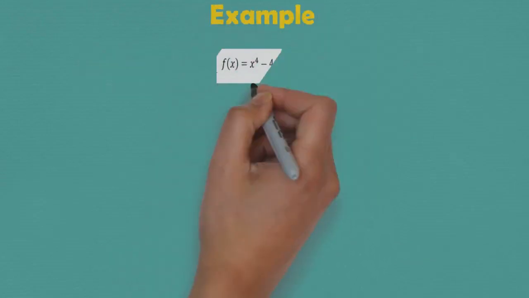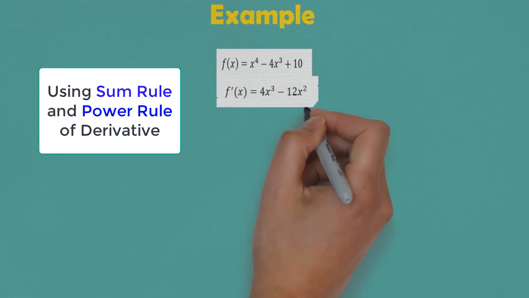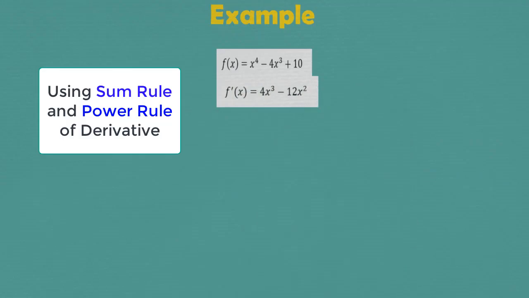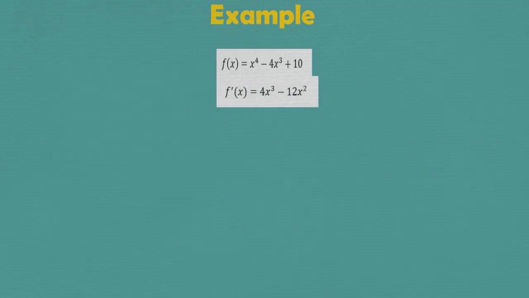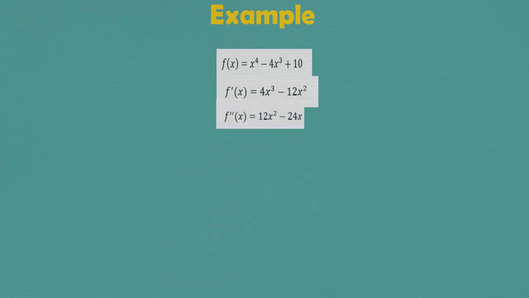So the function is f of x is equal to x power 4 minus 4x cubed plus 10. So taking its first derivative using sum rule and power rule of derivative, it comes out to be 4x cubed minus 12x square. And again taking its derivative, which is its second derivative, the second derivative comes out to be